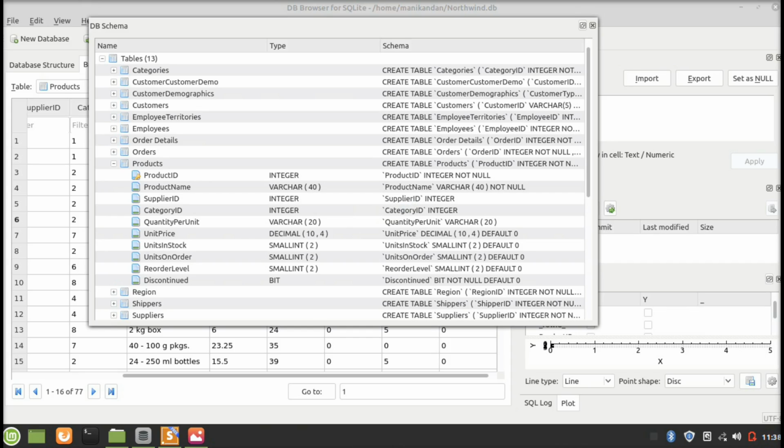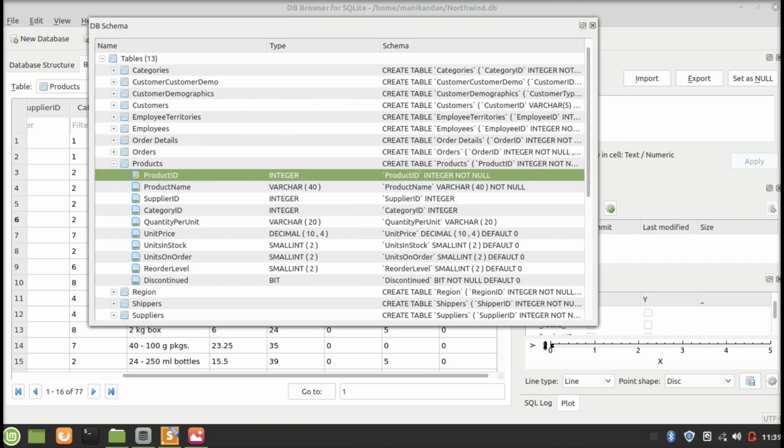The data dictionary will store the data type of each field in a table. Considering this table, products will have different fields like product ID, name, supplier ID, etc. The data dictionary, which is shown here in the database schema, will store the data type of each field and also the schema of the particular field.